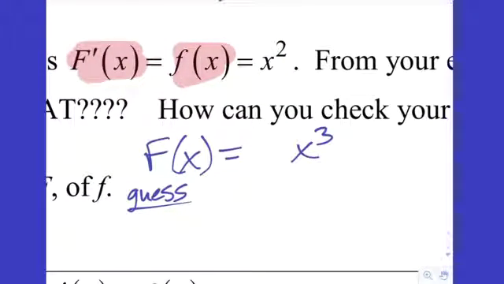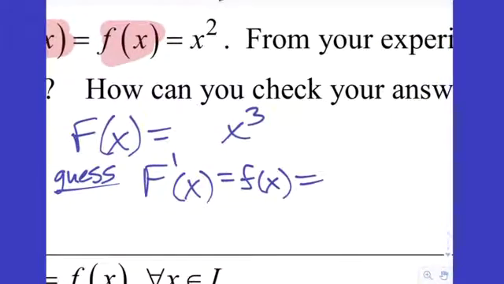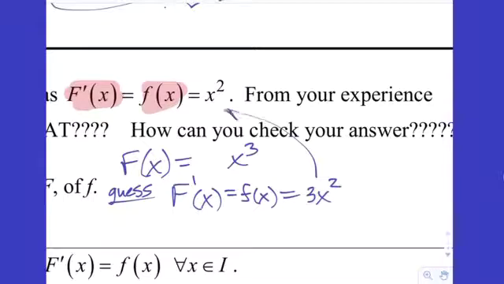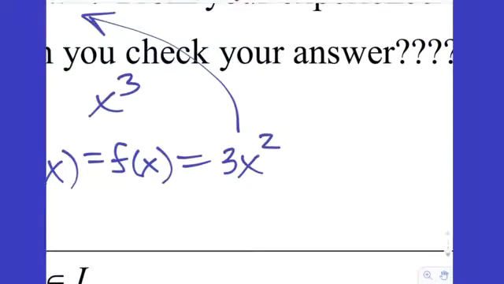Now, the nice thing about anti-differentiating is you're trying to predict what you started with. You can actually think of it as a guess, check, revise method because you know how to check, right? Because we just studied how to go forward. So let me check by taking the derivative of both sides. So the left side becomes big F, which we've also named up above as little f, and the derivative of x cubed is 3x squared. And I compare it to what I'm supposed to have, and I'm like, oh, told you I'd get the x squared part, but it looks like I'm off by a 3. Right? I have an unwanted